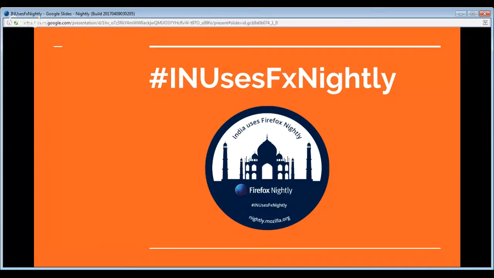Okay, so you all know about this campaign, right? India uses Firefox Nightly, and this campaign is basically to increase the Firefox Nightly users in India. This is an experimental campaign, which is going to be held for the first time in India and as well as in the world. So for this campaign, we are going to speak about a few points: how we will run this campaign, how we will help this campaign, and I will basically talk about the community things,